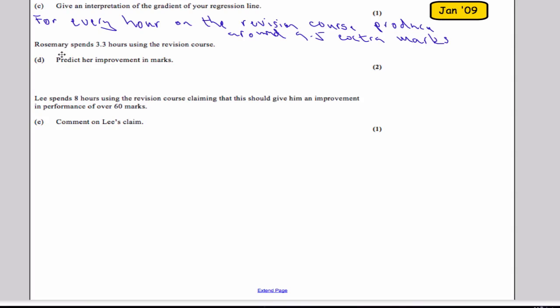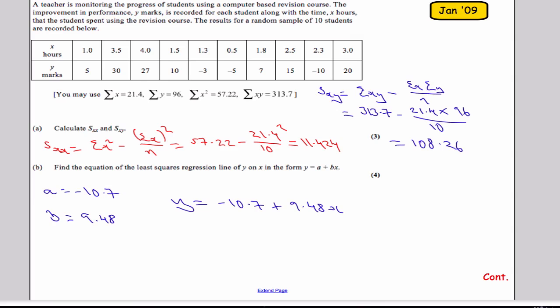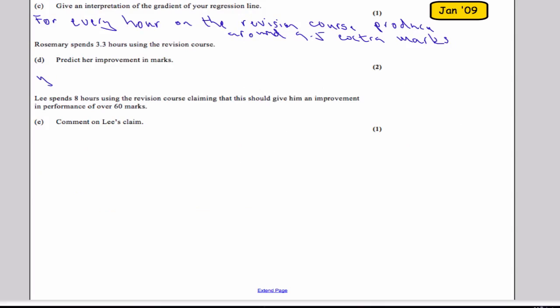Okay, it says that Rosemary spends 3.3 hours using the revision course. Predict her improvement in marks. Okay, so this is a classic example where I'm going to have to sub this in. The equation was y equals minus 10.7 plus 9.48x. So let's just write that down again. Y equals minus 10.7 plus 9.48x. What is the improvement in marks? Well, I'm only really looking at this area here. So what's the improvement in marks? Is going to be 9.48